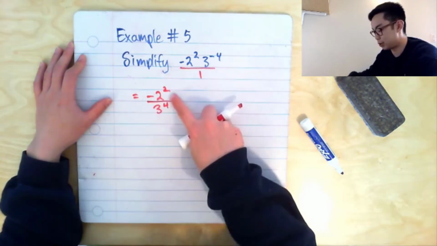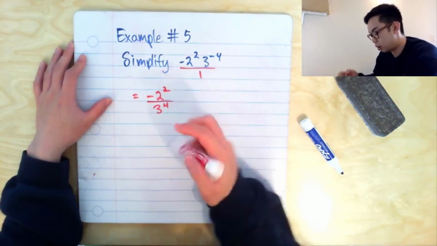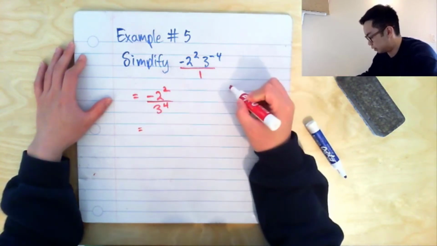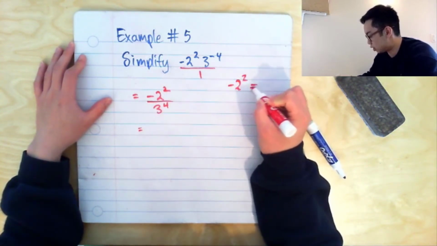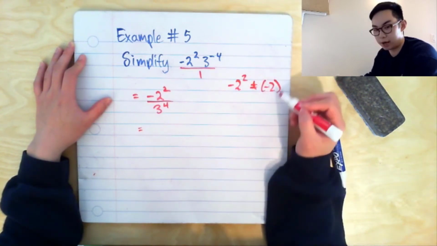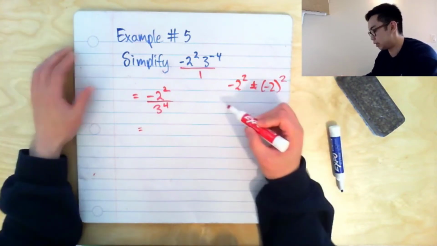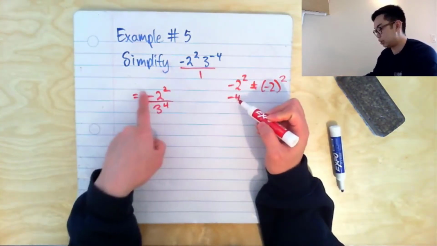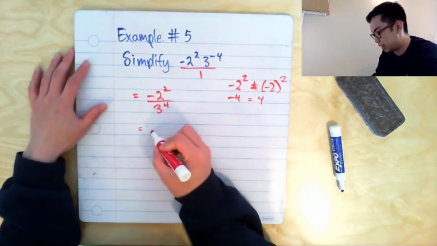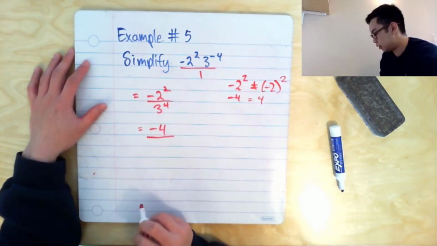And so I'm evaluating now negative 2 squared. Well, the negative is not in the base, it's on the outside of the base. The difference is negative 2 squared is not equal to negative 2 in a bracket all squared. Okay? These would get us different results. This one would be negative 4, which we're going to use here, and this one would be positive 4. So we're going to see that I have negative 4 on the top, and in the denominator, I have 3